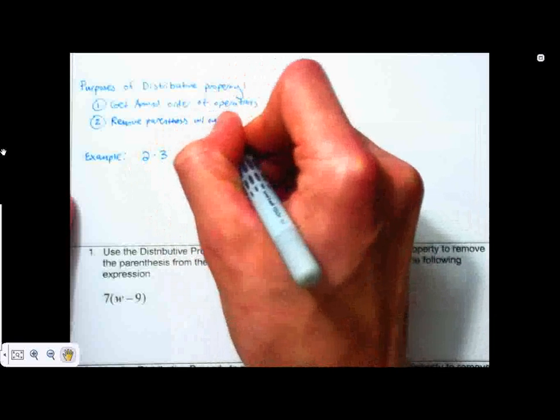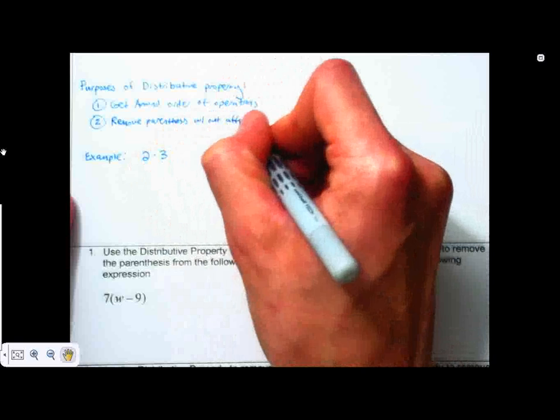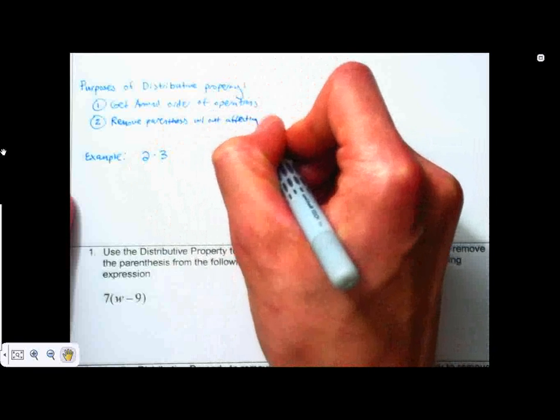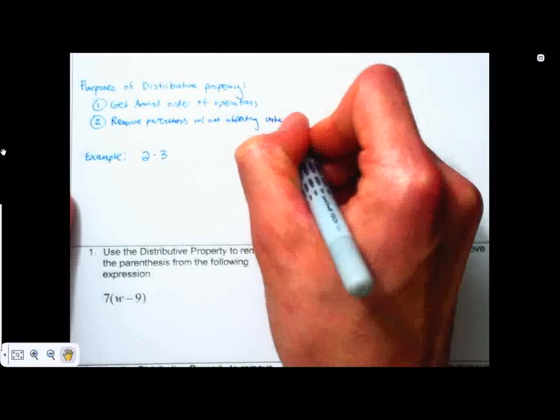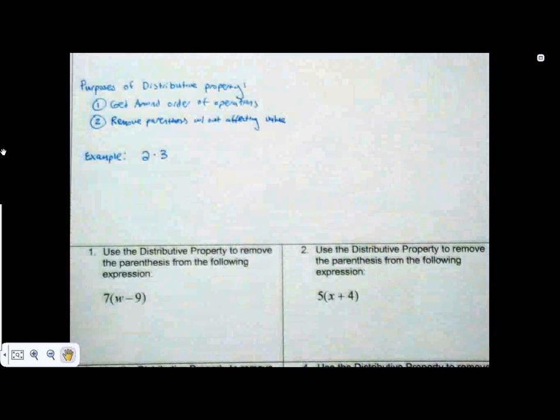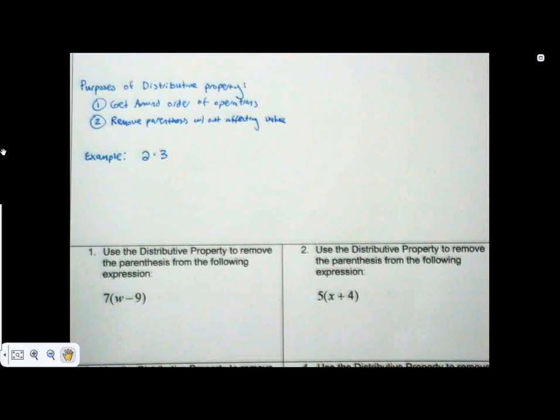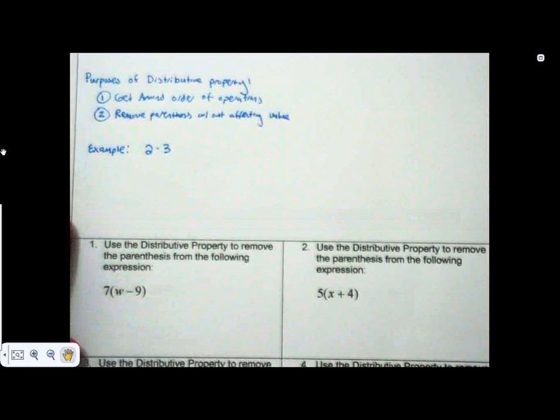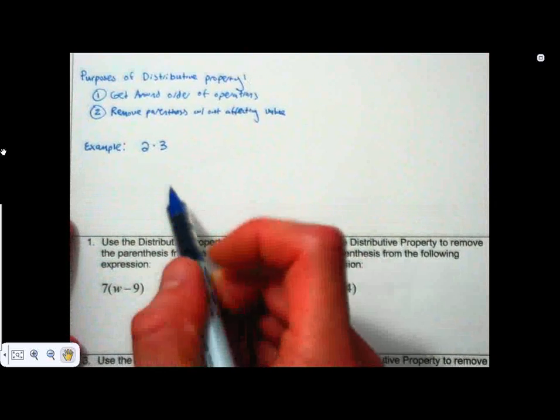without affecting value. What I mean by that is it's sort of like when we multiply the top and the bottom of a fraction by something. If it's the same something, we haven't changed the value of the actual fraction. So to show you at least how it works or why it works, we're going to go through the example